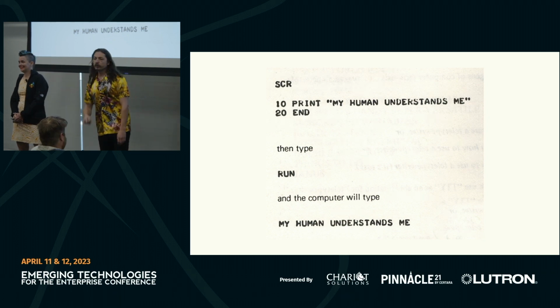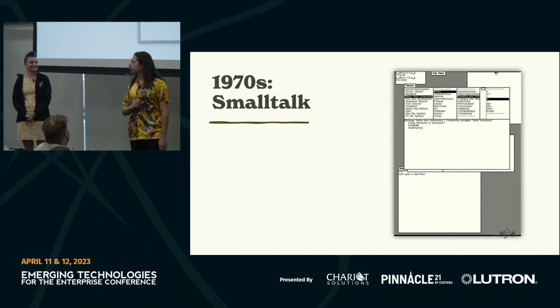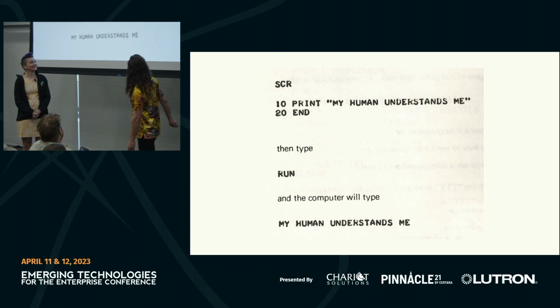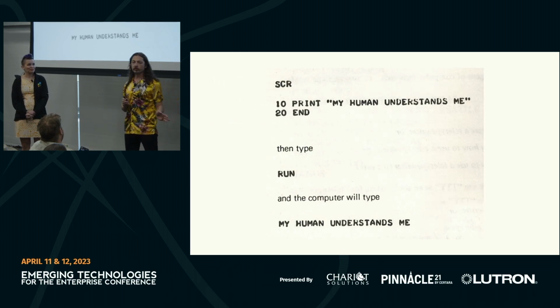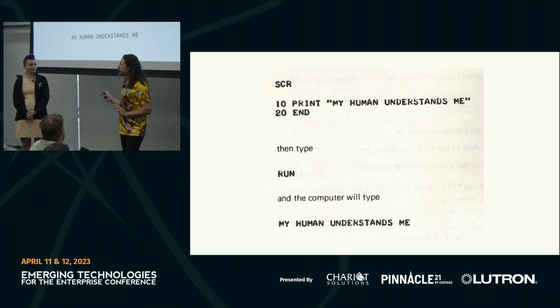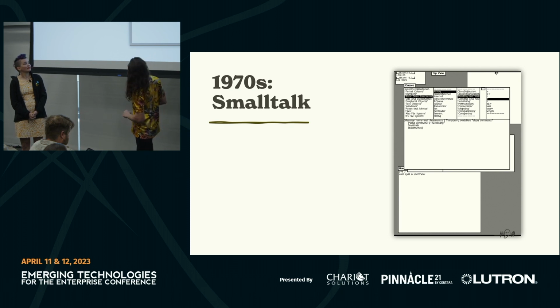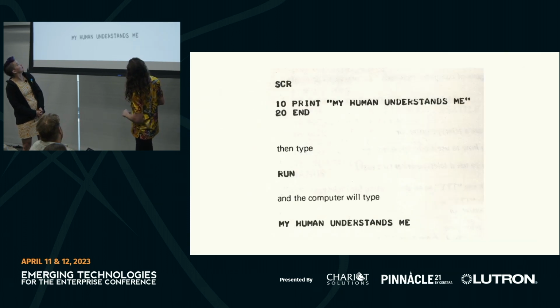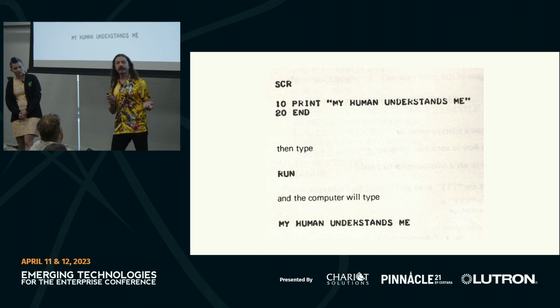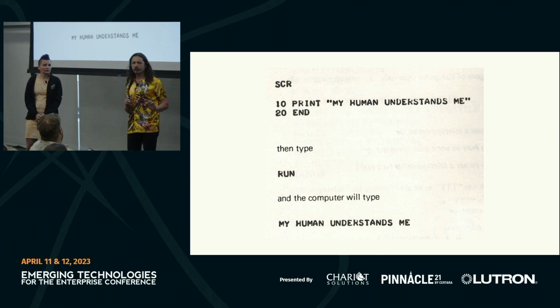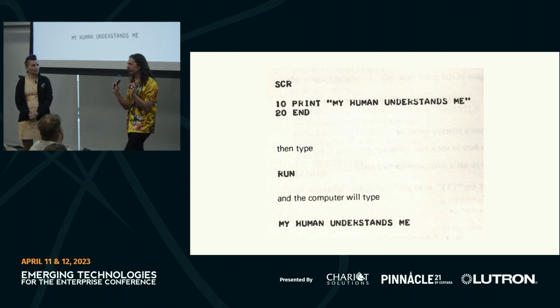History. So you would sit down, you would start following the instructions in this tutorial, and you would type in a little bit of BASIC code into the teletype, and then you would type run, and within about a second, you would get the result of your BASIC program. We lost a slide. Oh well. This wasn't quite a REPL because you had to type run, but it was really close. And it was a really good experience.